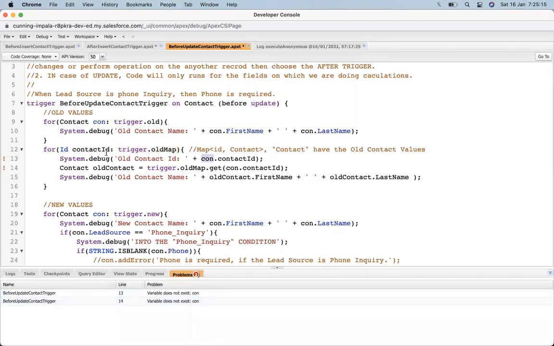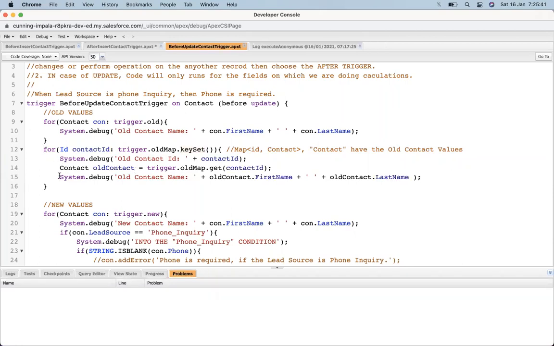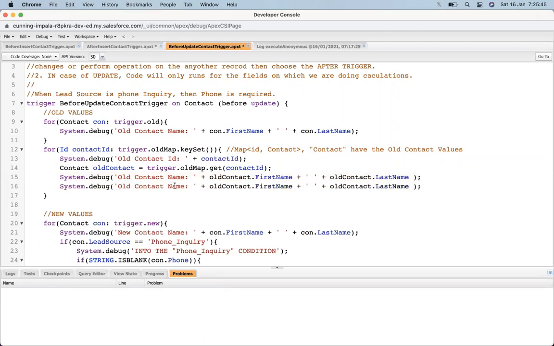Here it's not a contact ID. Dot old map dot key set. Oh, I forgot that on the map we are writing a key set of values. And suppose I also need to take out the phone. So let's take old contact phone.